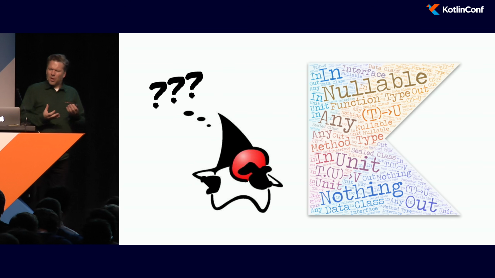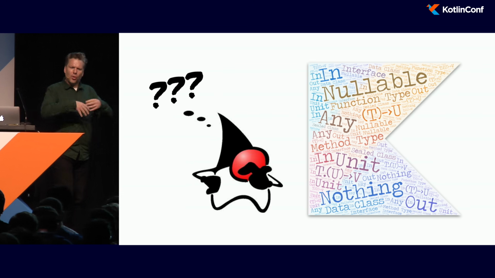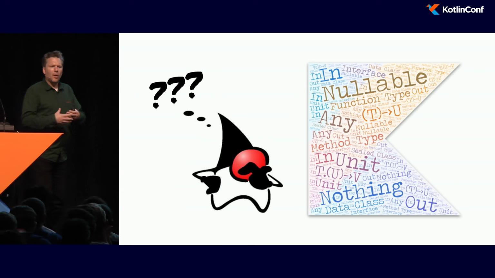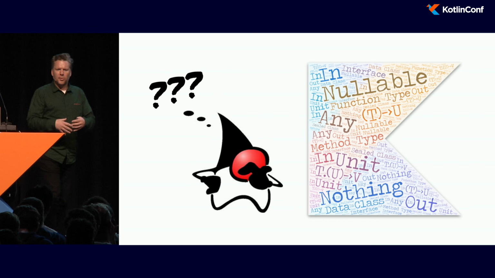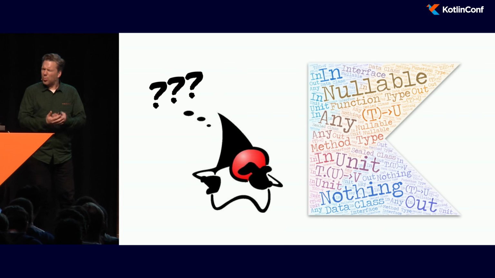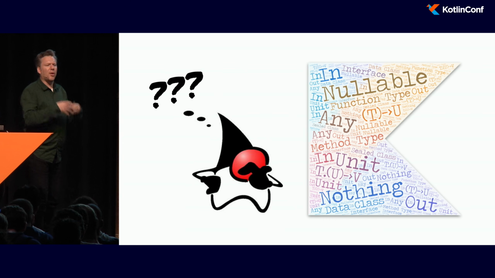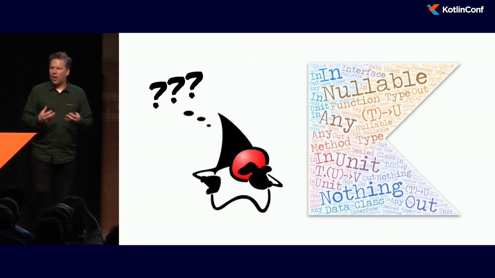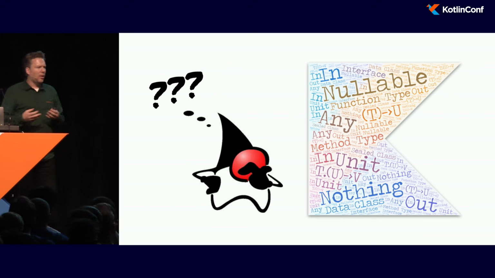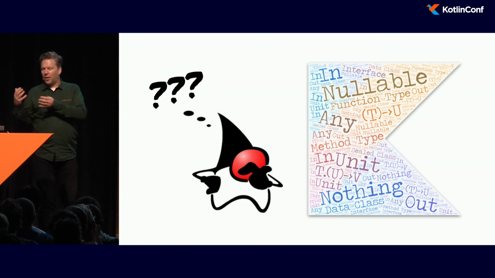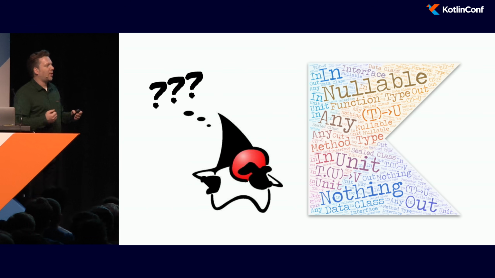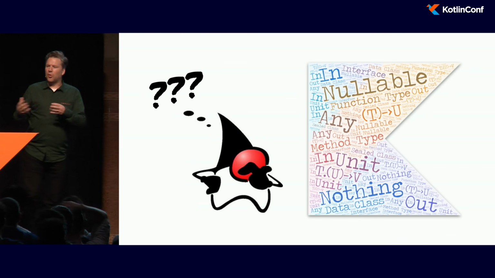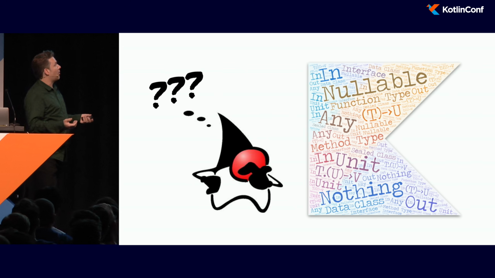And also, I didn't find anywhere that put the Kotlin type system, which is really one of the selling points of the language, the whole conceptual model of the type system, together. There's no documentation that brought it into one place that let me understand how it all fit together. So I wrote a blog post about that, which turned out to be quite popular, and this is really the talk of that blog post. Those of you who've read the blog post, there is more in this talk than is in the blog post. I'm also going to talk a bit about generics as well as a type hierarchy.